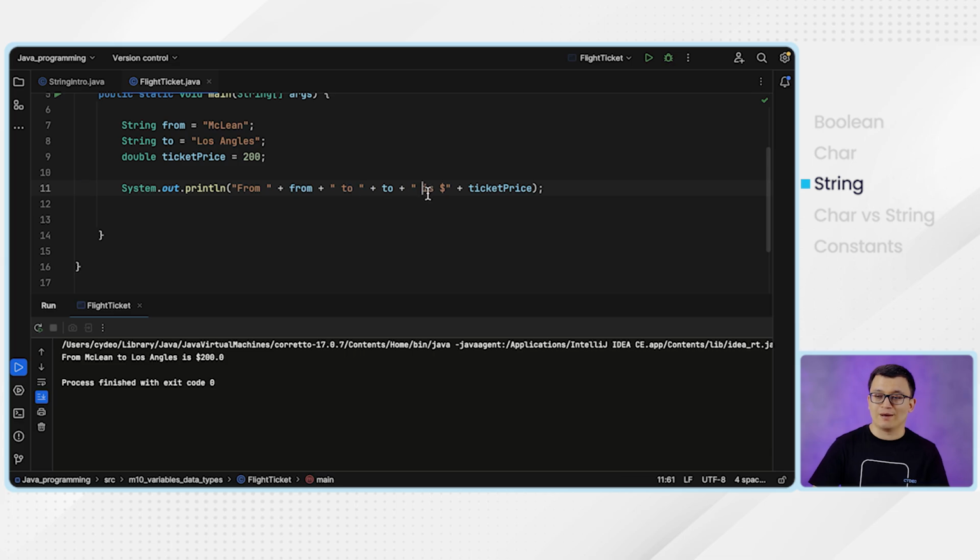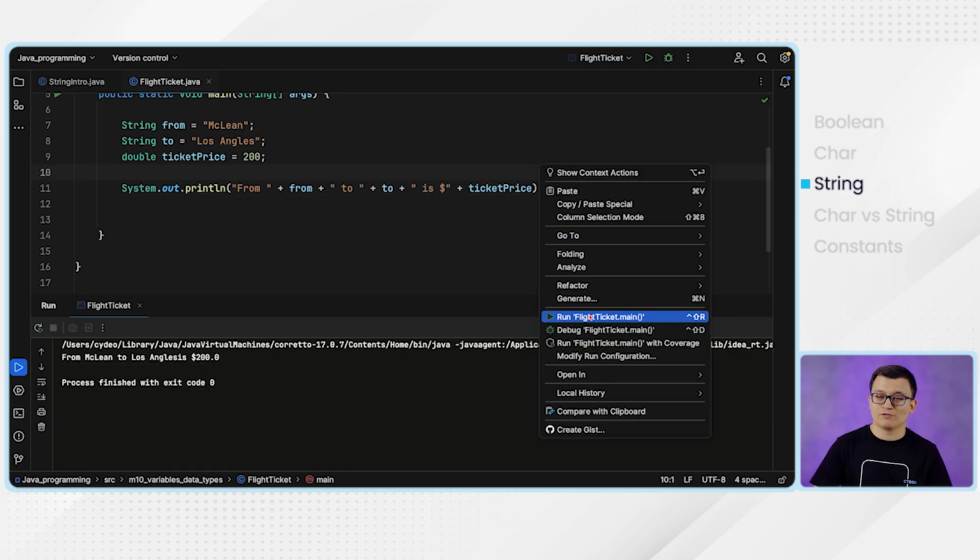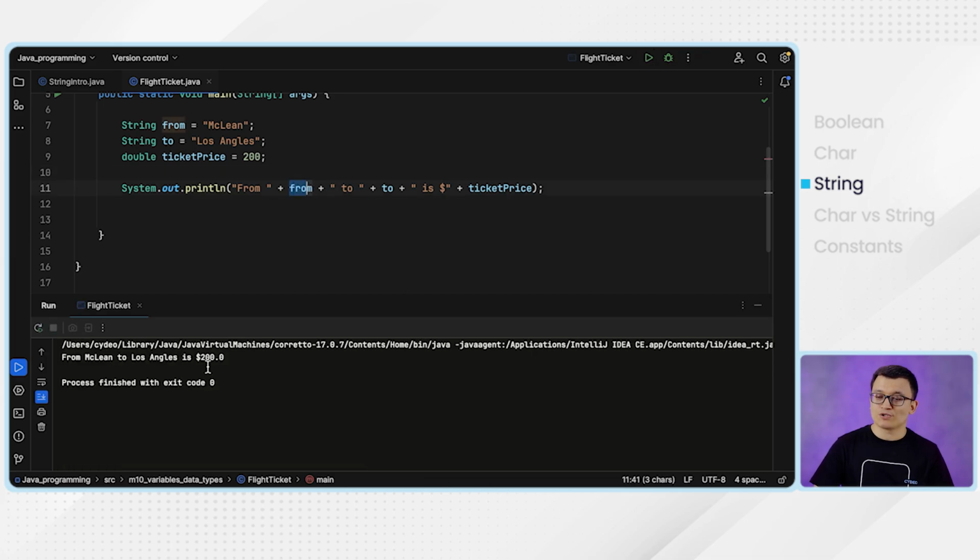If you miss one of them, for example, if I forgot to give this space here, you see, space is not displayed here. Okay. So make sure that you pay attention to every single one of them. So those three variables are embedded into this one sentence now. And the benefit of using the variable here is if I have different city names to be passed into this print statement. For example, if the departing city is Miami,